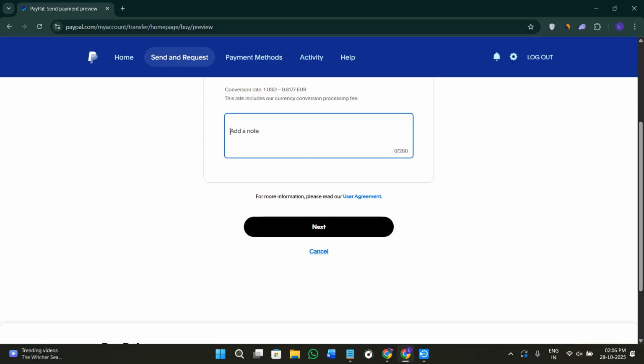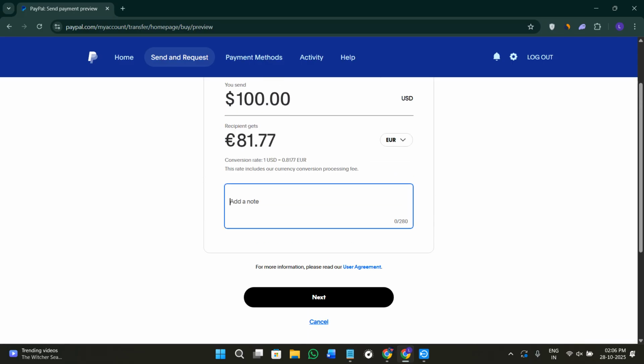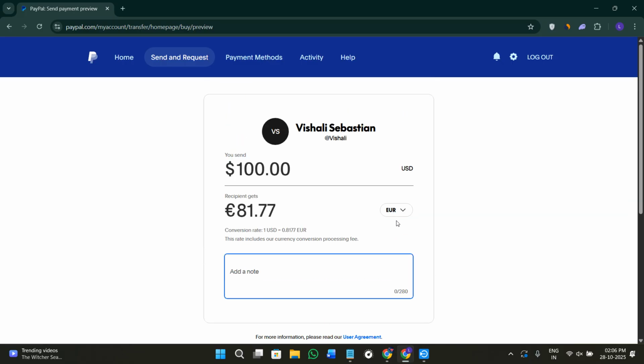bottom. After selecting your payment method, which can be a debit or credit card or your bank, you just have to confirm your payment and it is going to take just 2 to 3 minutes and your payment will be debited from your credit card or your debit card and it will send it to the person that you have